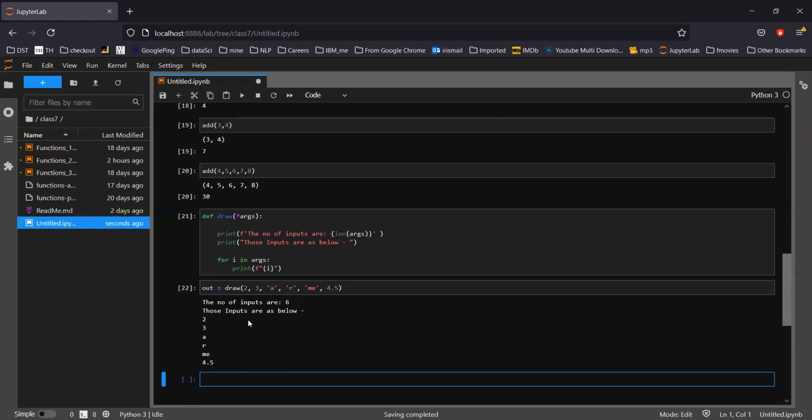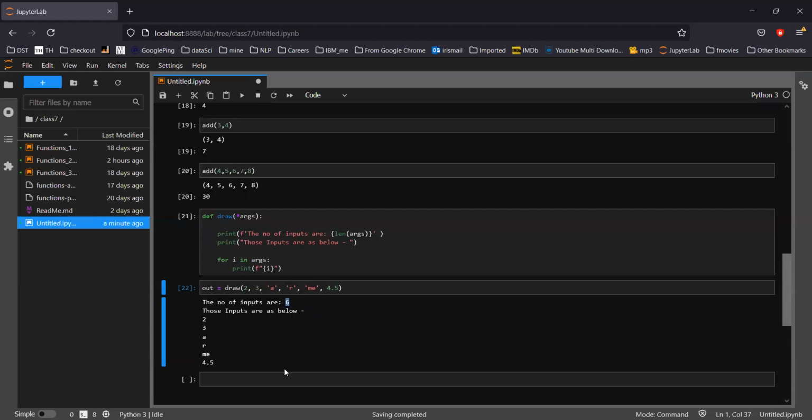If you see, draw 2 3 and 4.5, the function is printing. This is not the output, this is what the function is doing. The number of inputs is 6, and those inputs are as below, because I have put a loop.